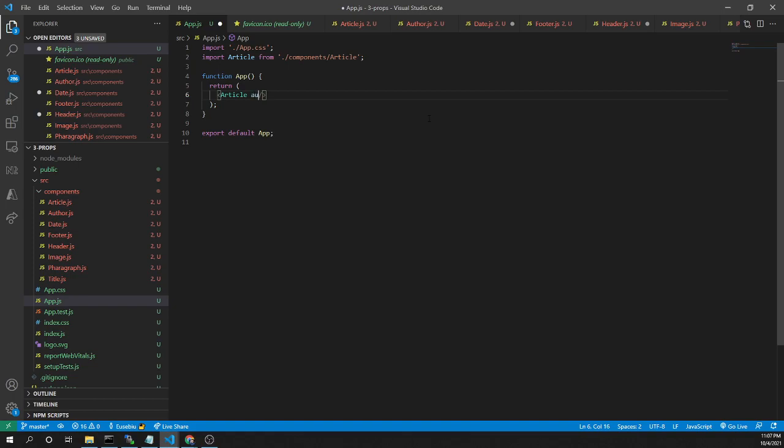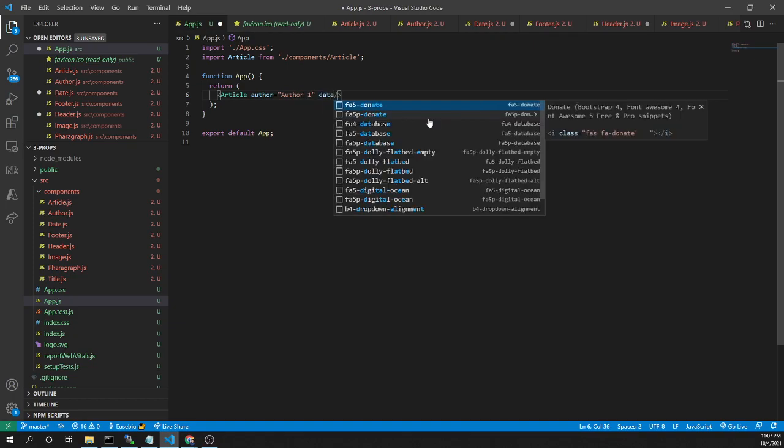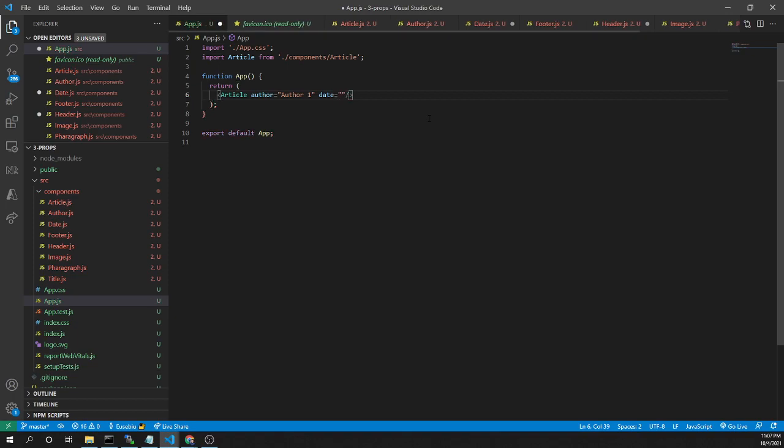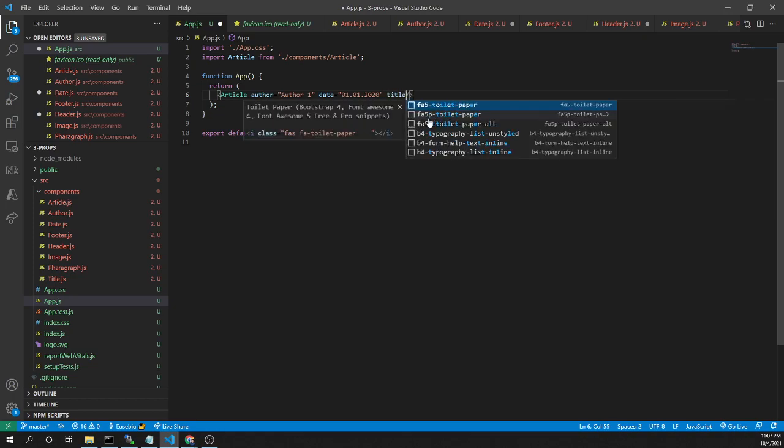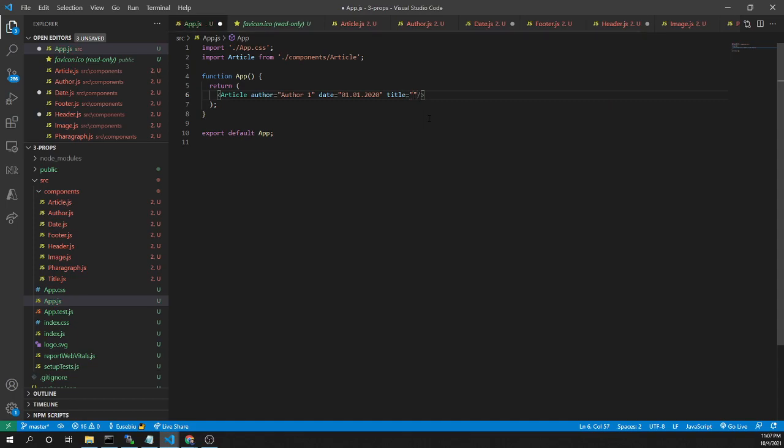For example, to an article I need to send the author. Let's put here author 1. Let's add a date, 01/01/2020. Let's add title. So the title is article 1.